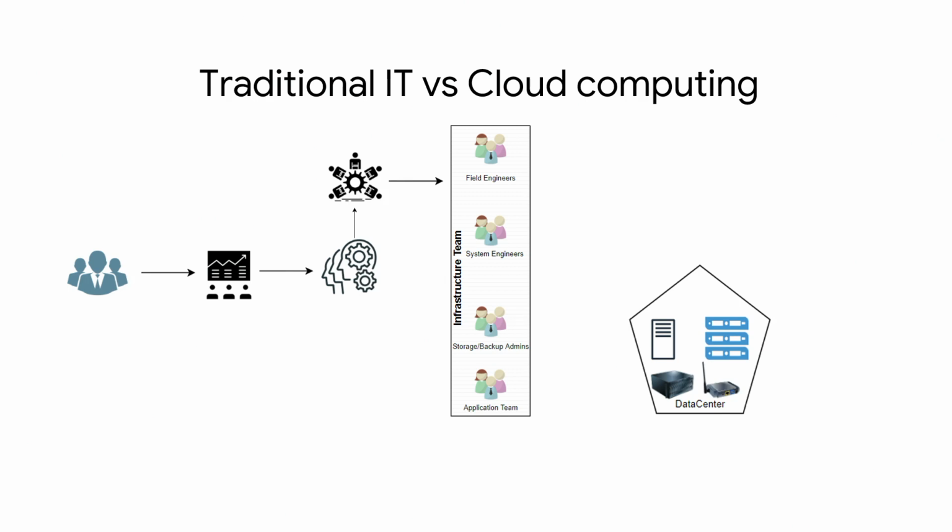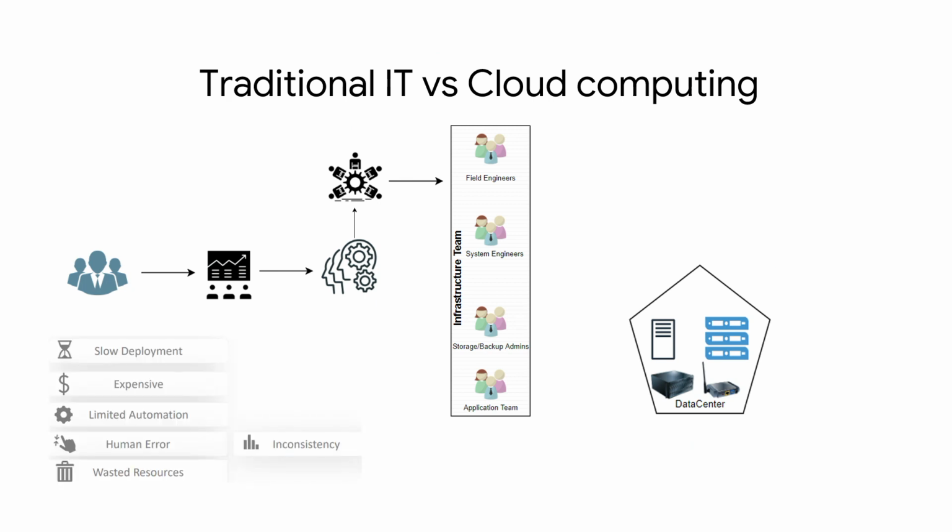This model, which is still quite used a lot, even though the recent pandemic helped diminish the percentage, has a lot of downsides. Mainly, it can take anywhere from a few days to a few months just delivering the hardware and setting it up. Also, vertical scale is impossible to accomplish in a short time. The costs for such investments can be quite high. Even though some processes can be automated, placing the equipment, cable management, powering must be manually done and is generally a tediously long process. Also, by engaging so many teams and making them interdependent, chances for human errors exponentially increase. These things usually lead to differences between environments.